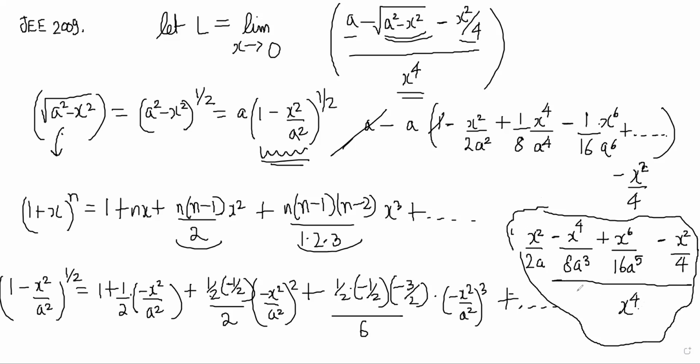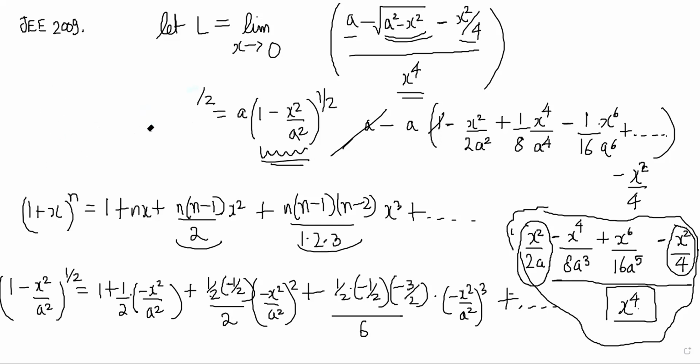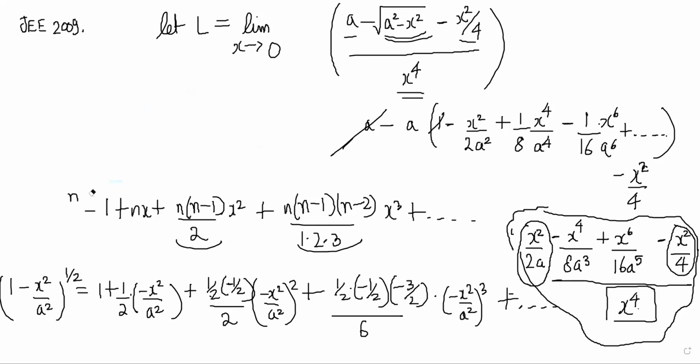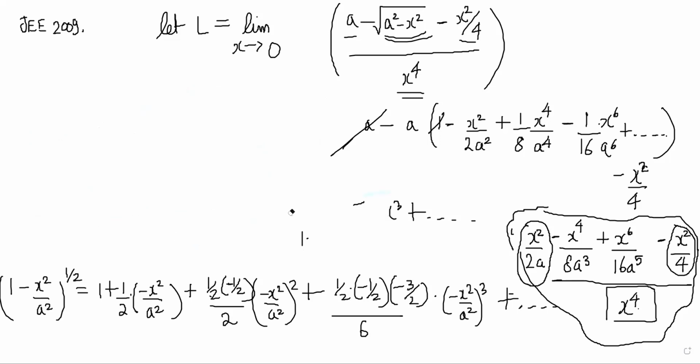So notice that the denominator is x power 4, right? And the numerator right now seems like it has a very high degree, but this x square term, if it doesn't disappear, what will happen? When you divide by x square, there will be 1 by x square left, no? Yes. So wait, I'll just do it in this space here. That term has to disappear, otherwise the limit will be infinite when x tends to 0, because I can divide each term by x power 4, right? So a will be 2.